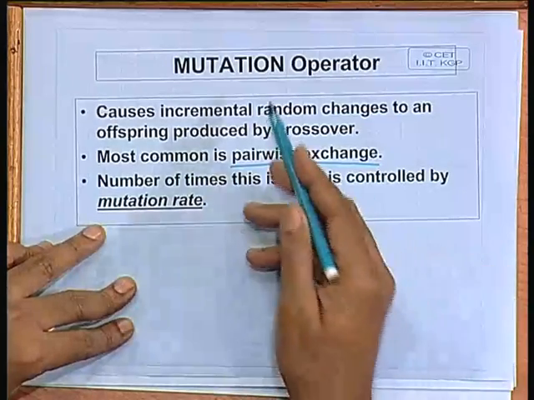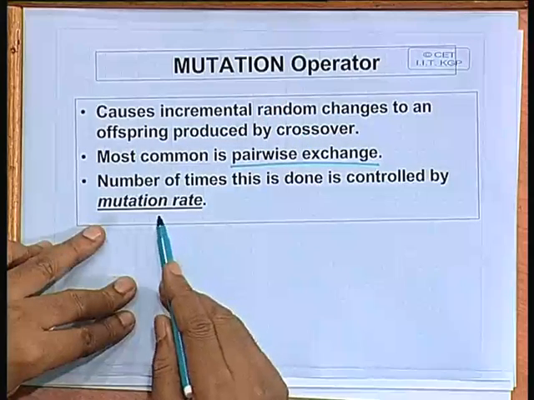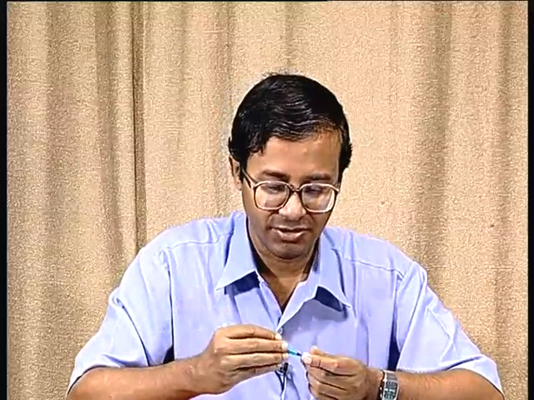Now, the frequency with which you carry out mutation is determined by a mutation rate. The mutation rate is a very small number, maybe 1% or 0.5%, typically like that. So, this mutation you carry out much less frequently as compared to crossover. The purpose of mutation is that you try to make a random change and possibly go to a new solution. From there, possibly you will be getting some better solutions after you apply crossover again. This is the intuitive justification.